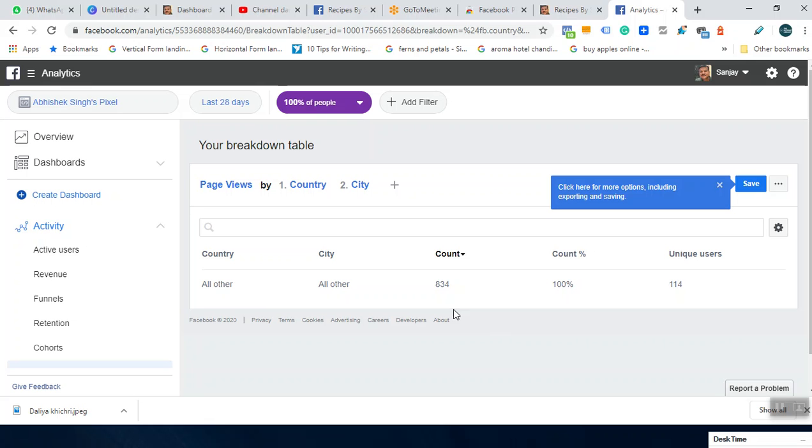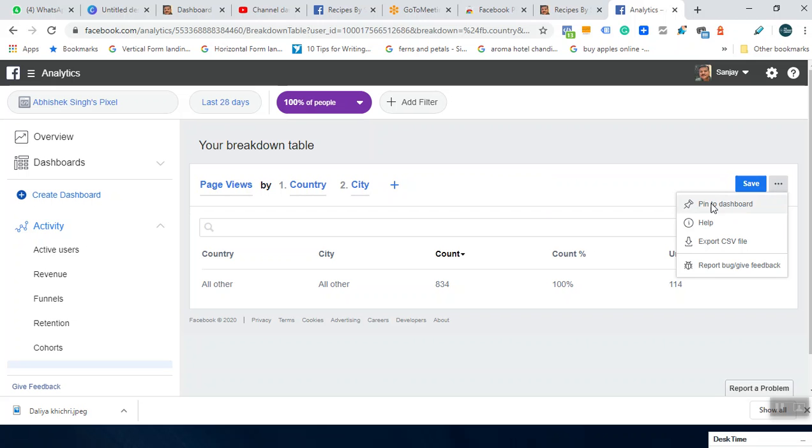So city, it is saying that 834 count is, and you can add certain more things, and you can also save this information, you can export to CSV file.